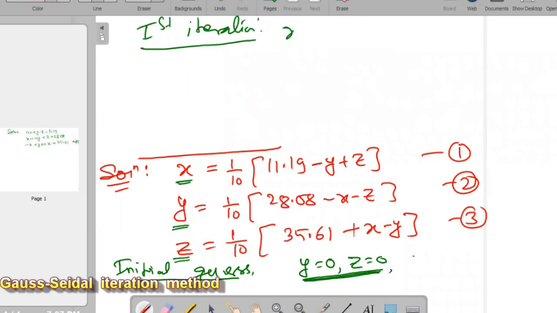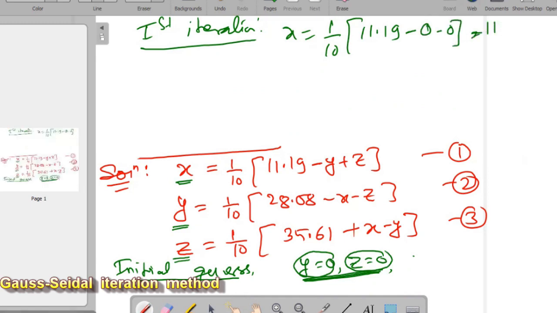from equation 1, which is equal to 1 by 10 times (11.19 minus y), with y equal to 0 and z equal to 0. From the initial guess, we obtain 11.19 by 10, which equals 1.119. And the value of y in the first iteration we obtain from equation 2, which is equal to